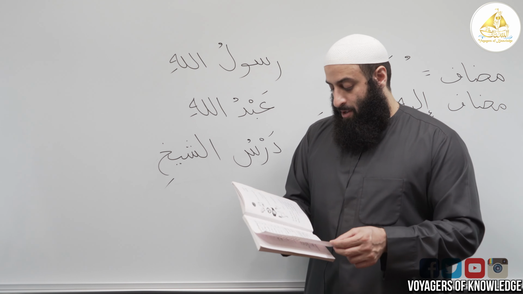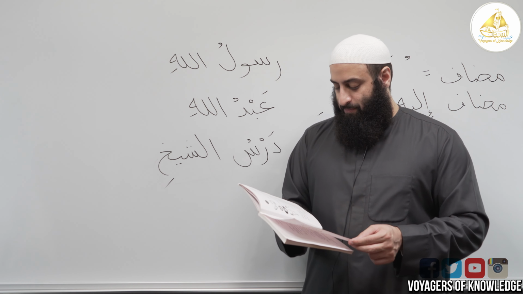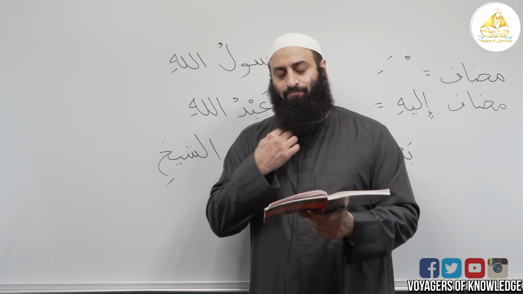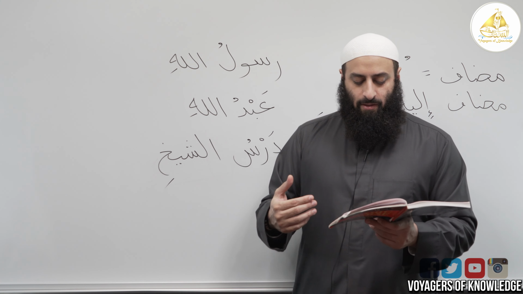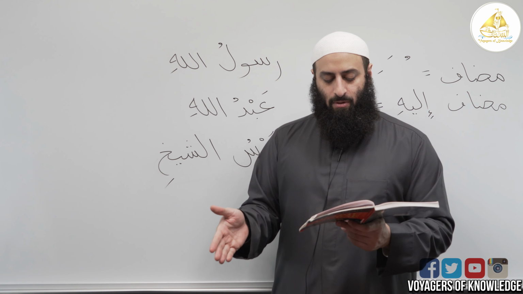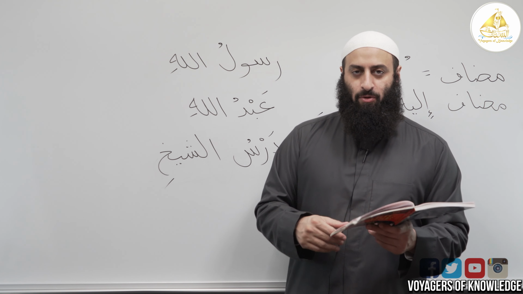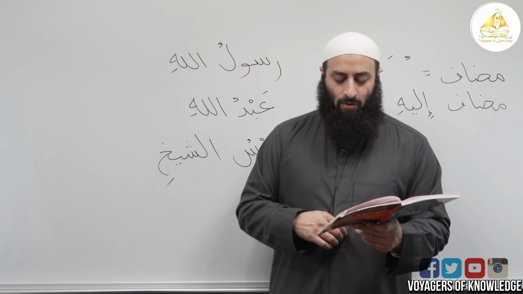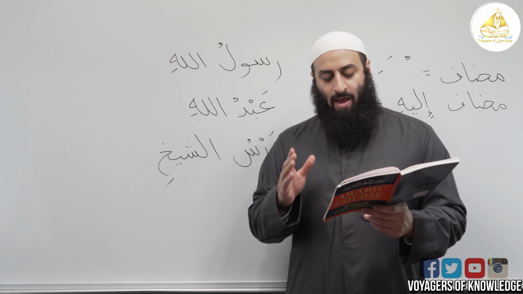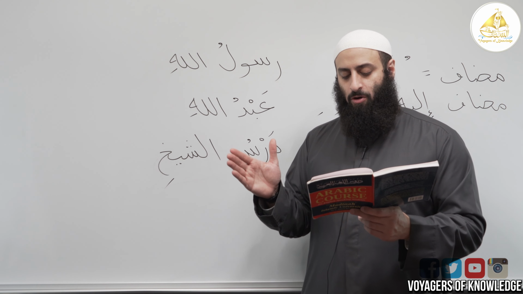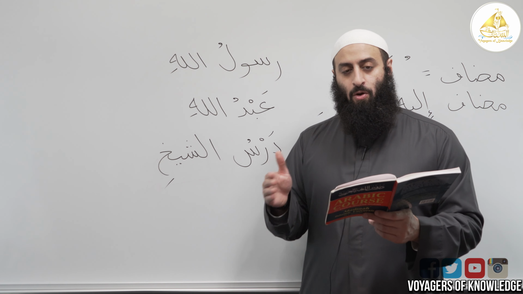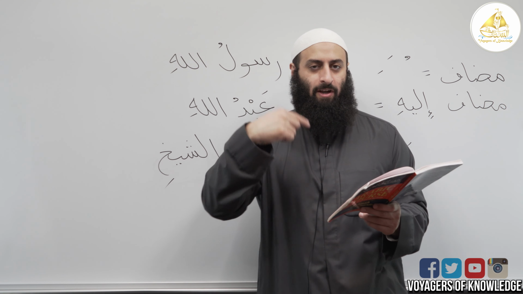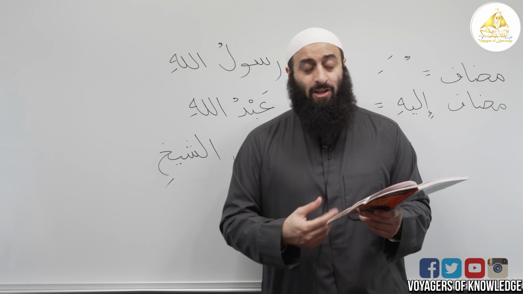Number 4. This is a male camel and that is a female camel. You say jamal for a male camel and naqa for a female camel. Number 5. This is a teacher, and that is a female student. If you look at number 5 and number 1, you see the word